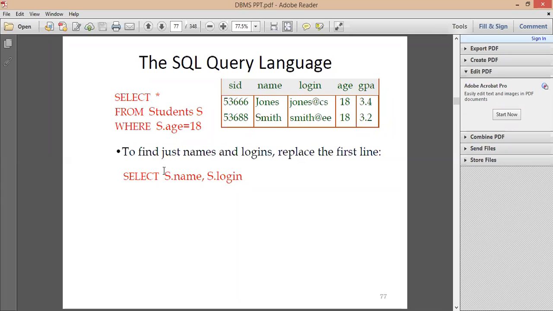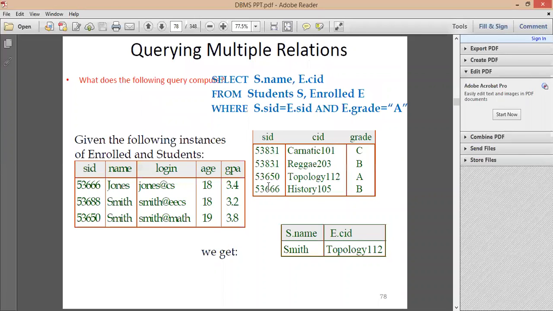So what output will you get? Instead of select star, I write select S.name, S.login. So you will get only the name column and login column in the output, that is Jones at CS, Smith at EE.